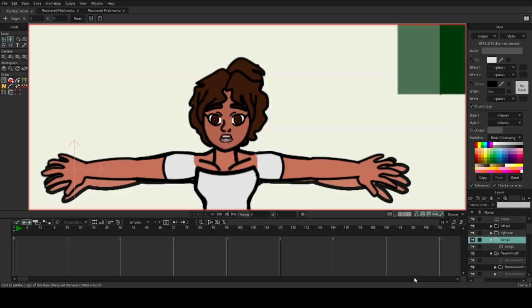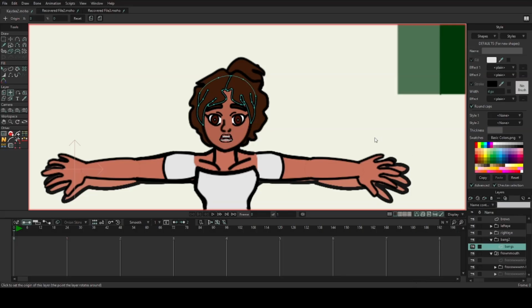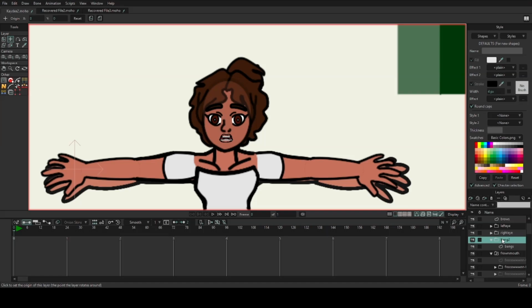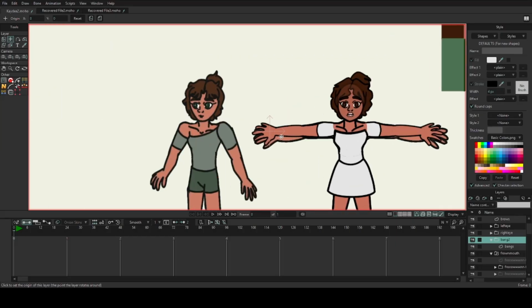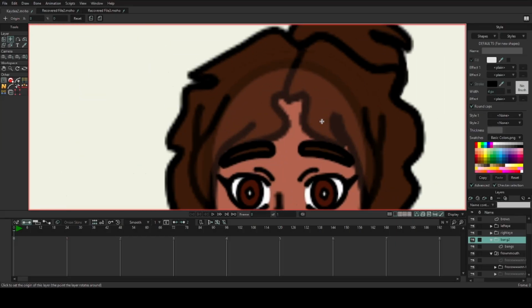So, for me, let me make this a bit, because I don't know what I'm going to do for the bangs in this section. I just know that she's going to have them. I don't know what they're going to look like. They're going to look like this, maybe. I don't know. Yeah, I was saying that was kind of my thing about it. Huh? Oh, yeah, I'm labeling this bangs.